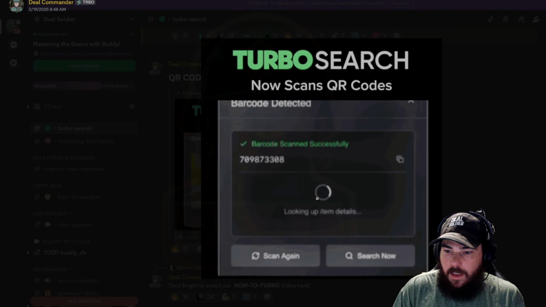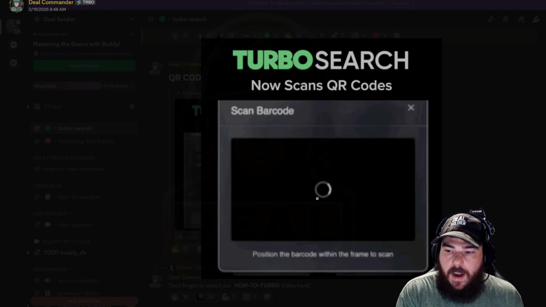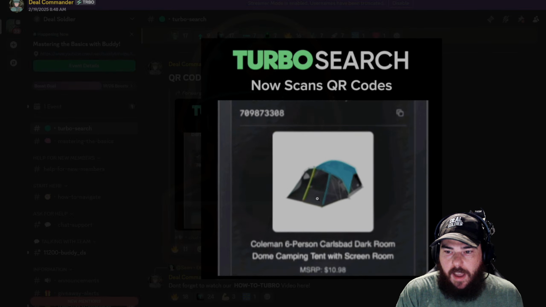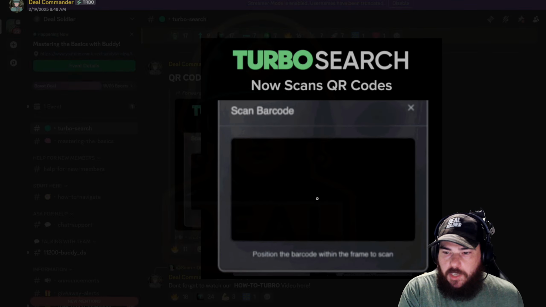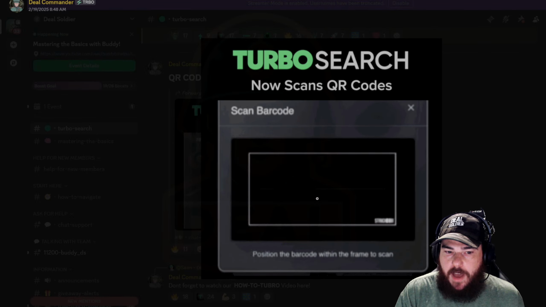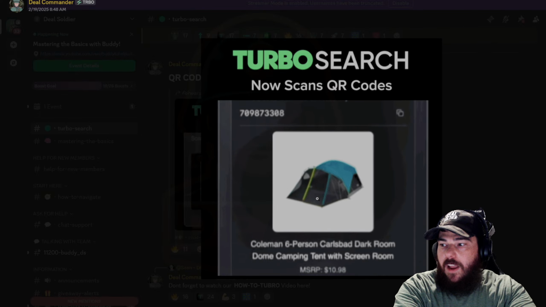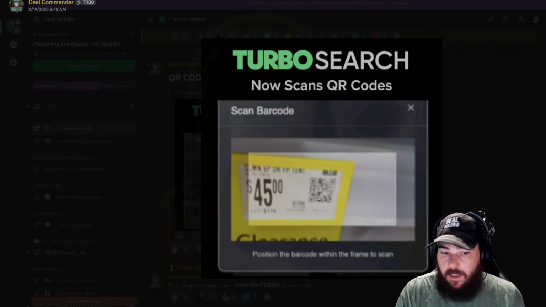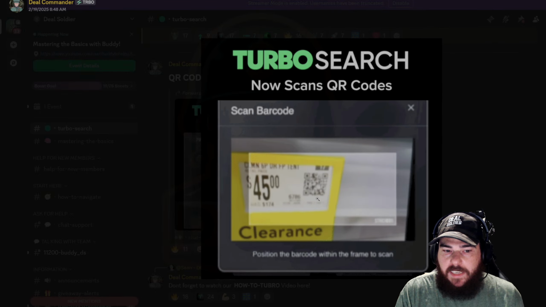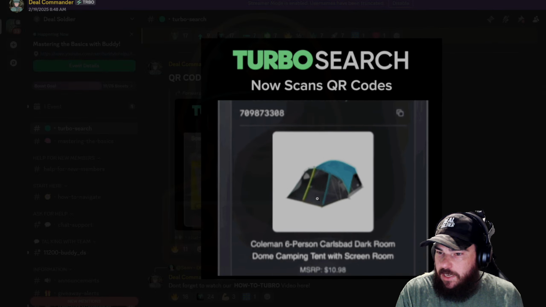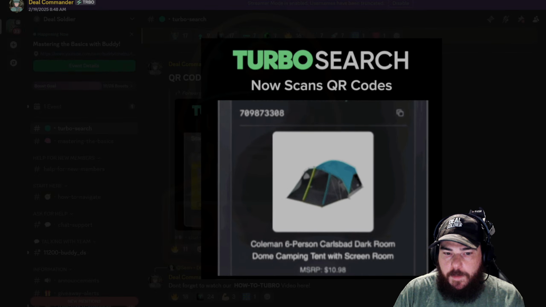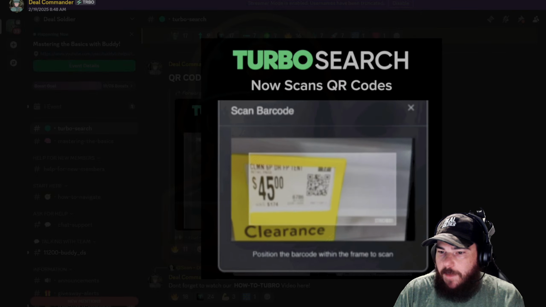And it doesn't have to be clearance items. Walmart has different prices based on region and area. So say if I'm in the store, I'm looking for a party item, and I want to know if I'm getting ripped off at my store, if it's cheaper somewhere else, I can open up Turbo Search, click the little scan icon at the bottom right. It'll open up this camera icon right here, and then I can search either the back of the UPC, or I can search the tag QR code, and it'll tell me all the prices in that 50-mile radius to see if I'm getting a good deal, or if it's marked down anywhere else. It's kind of like a coupon book in your pocket. That's the best way that somebody described it to me.